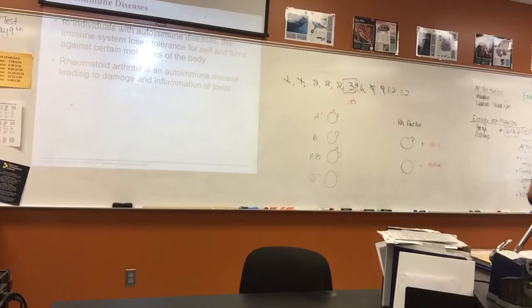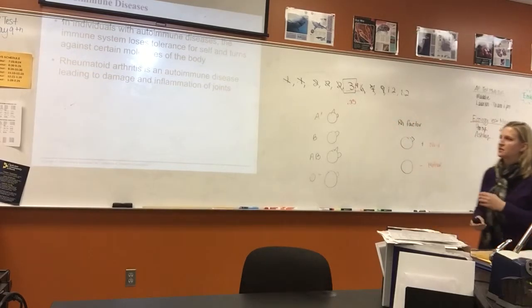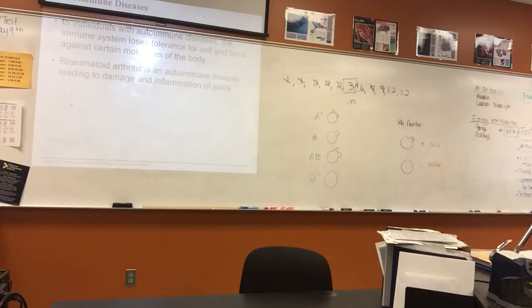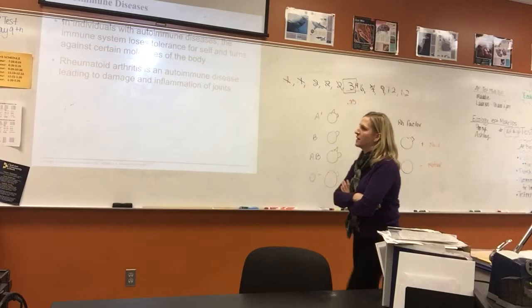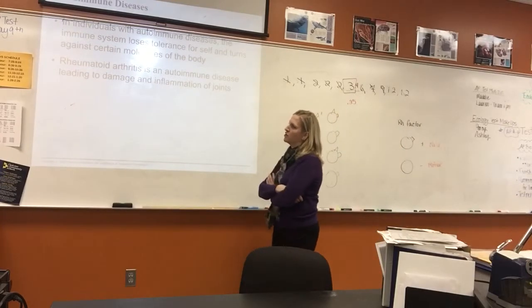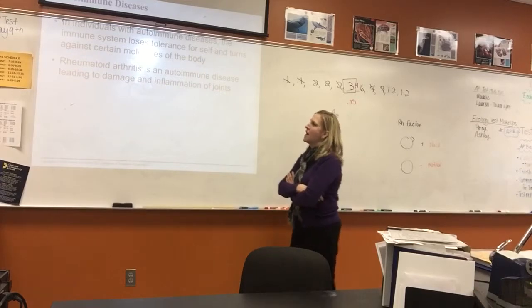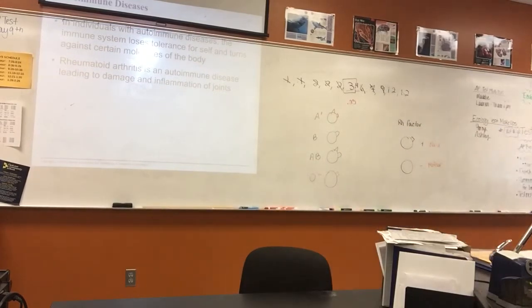Autoimmune disease also affects the immune system. It loses tolerance for self and turns against certain molecules of the body. Rheumatoid arthritis is an example of this. Your immune system attacks the cartilage and so on in the joints and can lead to damage and inflammation of the joints. When it says up here that it loses tolerance for self, remember that you make your lymphocytes,